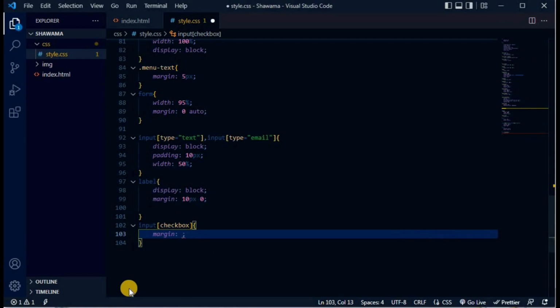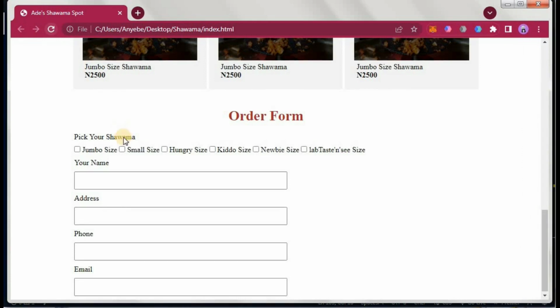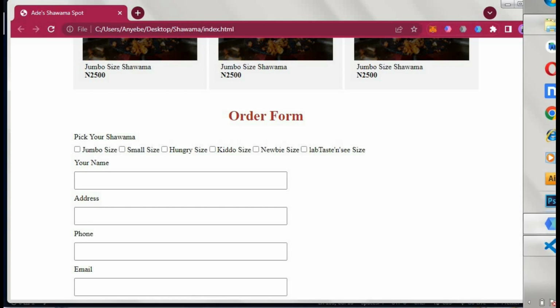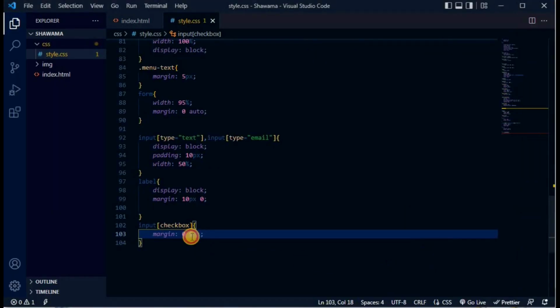In fact, I don't want top and bottom. I just want left and right to be 5 pixels. So let's see what happens. Okay, so 5 pixels seem to be a little too small. Let's make it